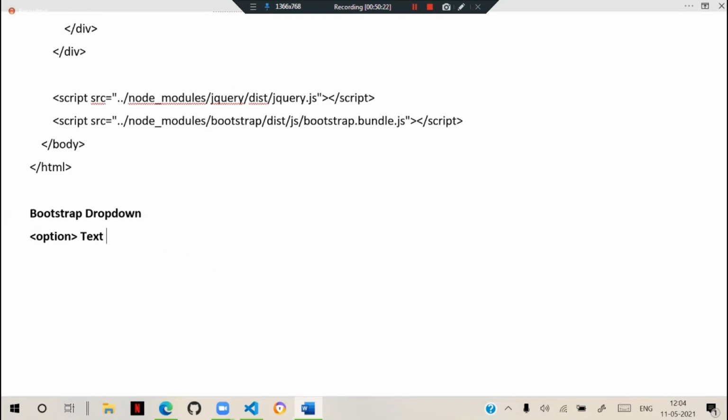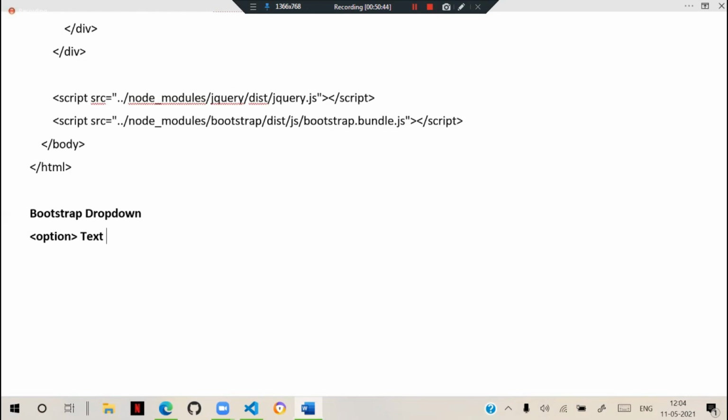Suppose I want to put text and an image. You cannot have that. It is just a collection of plain text. You cannot even format the text, bold or italic, only plain text.